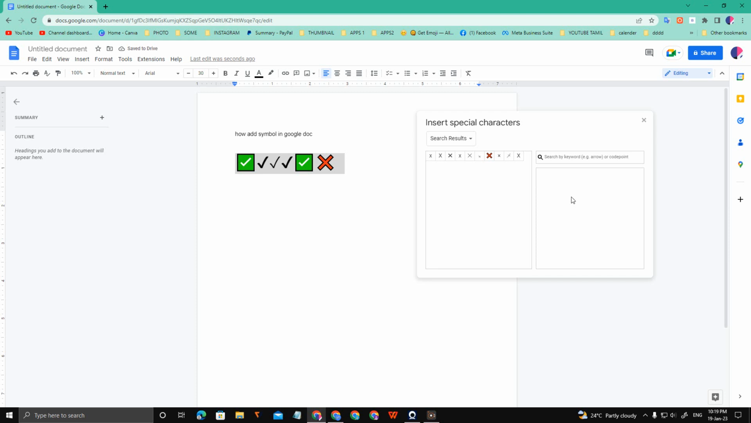You can also search anything, like an emoji, or just click here for drawing a new thing like this. You can see the symbols have been shown here, so you can draw anything like this. For example, like this. Whatever symbol you want, you can easily draw it here, or you can